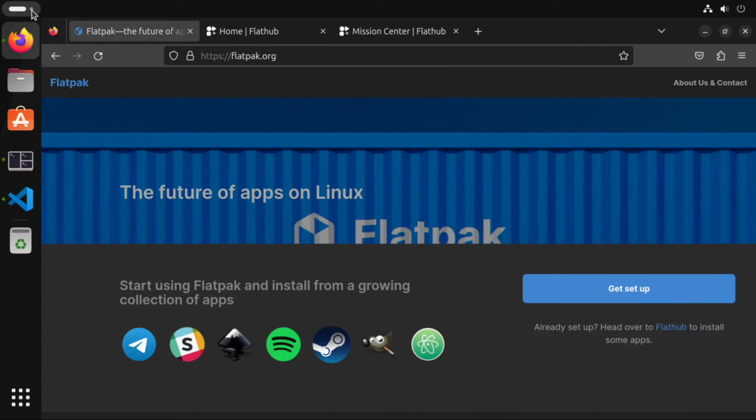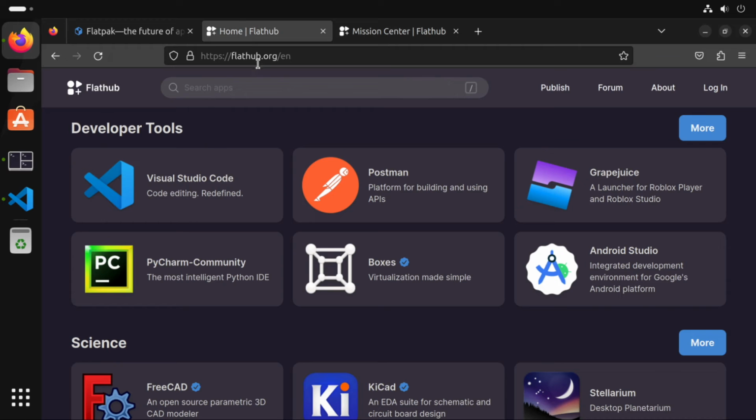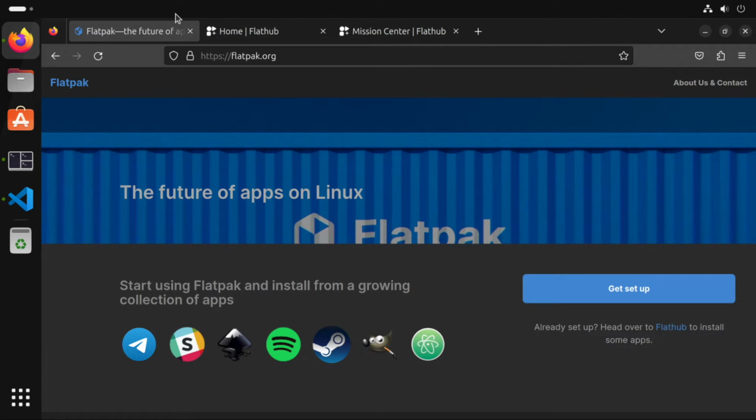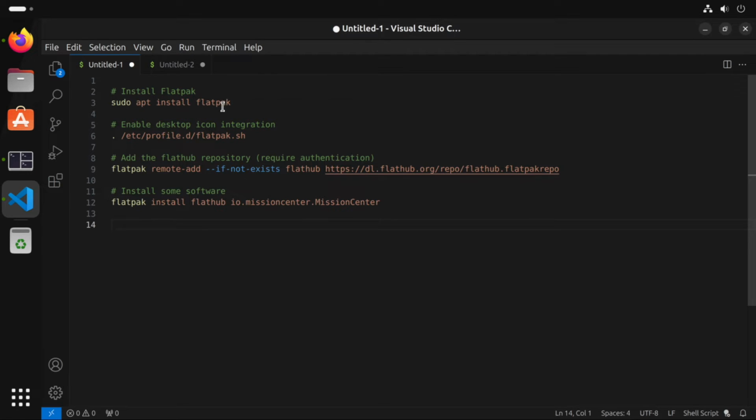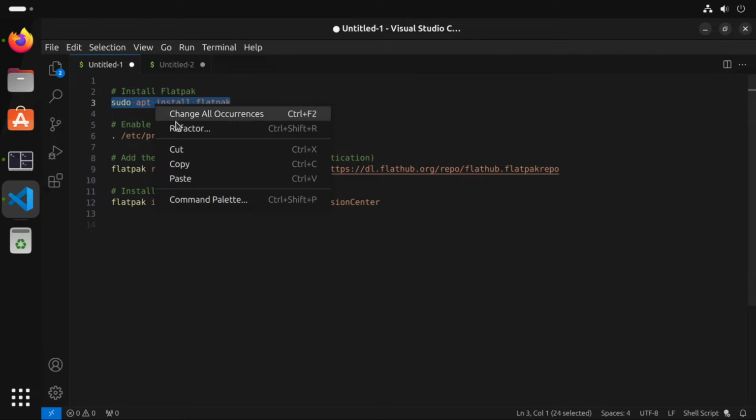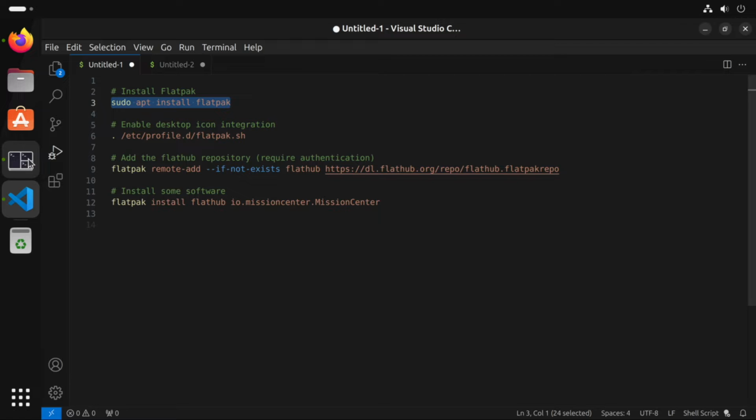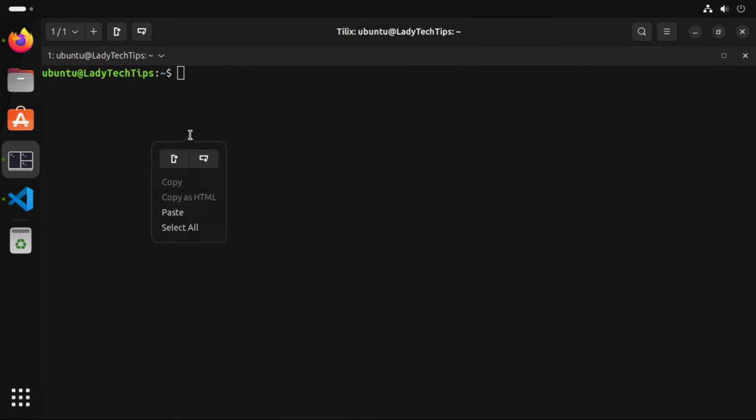So the first thing we need to do is install the main Flatpak software on our Ubuntu system. When we've done that, we can configure the desktop icon integrations so our icons appear in our menus, and we will then go on to add the Flathub repository software to make installing packages a little easier. So we need to run a couple of commands. So the first command will install the main Flatpak software on our Ubuntu systems. So we'll copy that and paste it into our terminal,